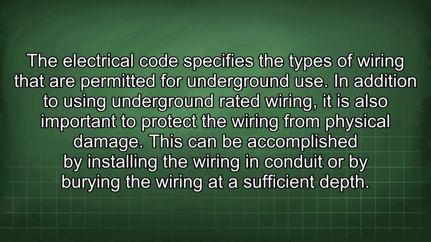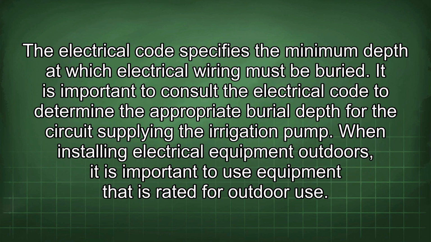In addition to using underground rated wiring, it is also important to protect the wiring from physical damage. This can be accomplished by installing the wiring in conduit or by burying the wiring at a sufficient depth. The electrical code specifies the minimum depth at which electrical wiring must be buried. It is important to consult the electrical code to determine the appropriate burial depth for the circuit supplying the irrigation